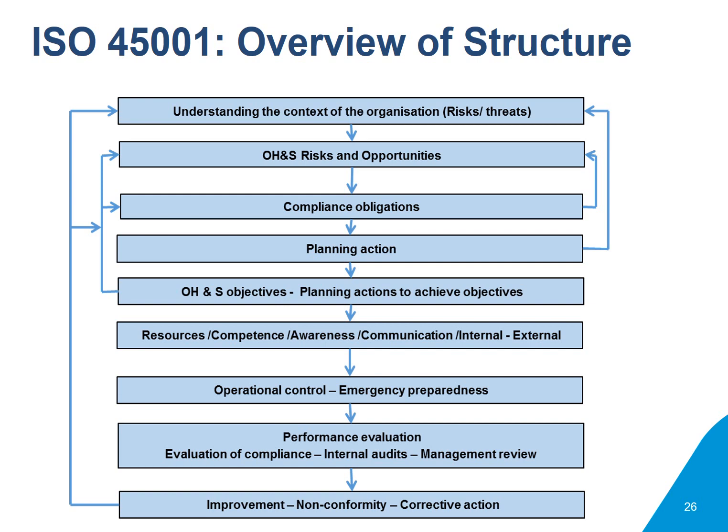And then we put forward the resources in clause 7, the competencies, the awareness, the internal and external communications in clause 7 for us to be able to implement operational control in clause 8 of the standard, focusing on key areas such as controlling and monitoring our contractors and our outsourcing, ensuring emergency preparedness and response is in place and documented. Moving through that clause 8 to clause 9, where we're looking at the performance evaluation, how we monitor and measure and analyze our occupational health and safety performance. Key tools included here would be the risk-based internal audit schedule and management review that is